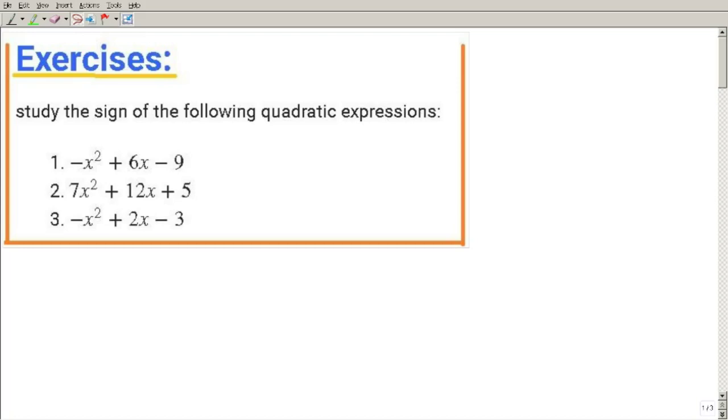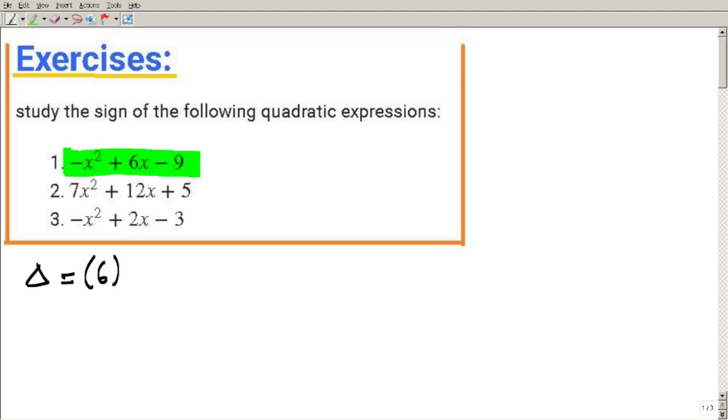Hello everybody, to a second course about how to study the sign of a quadratic expression. So let's study the sign of the first quadratic expression, which is minus x squared plus 6x minus 9. To study the sign of the first quadratic expression, we calculate the discriminant delta, which is equal to